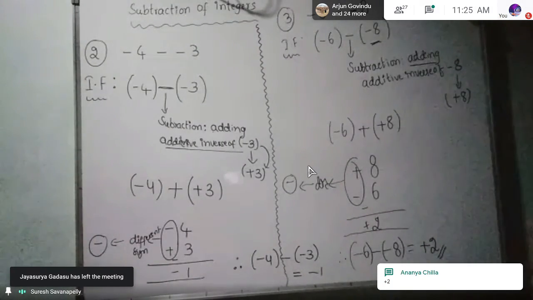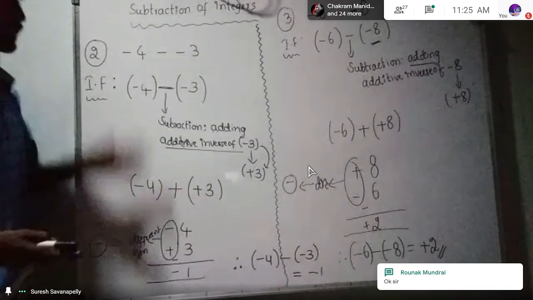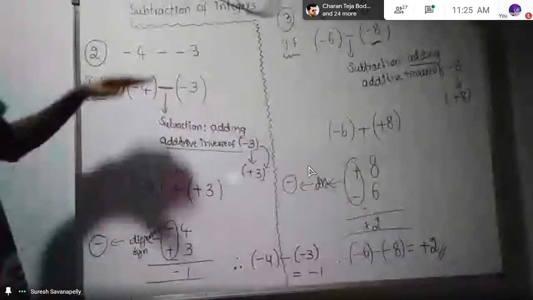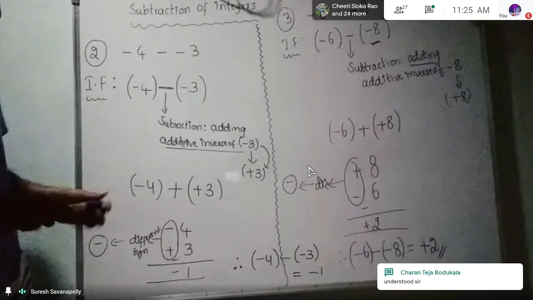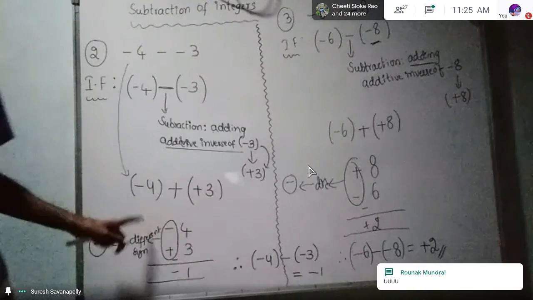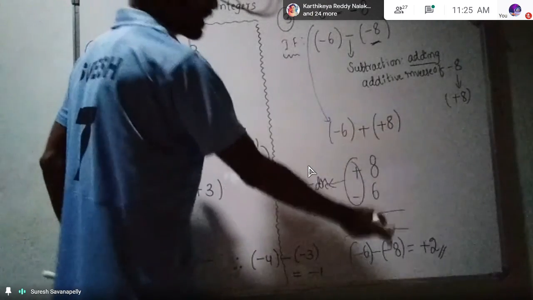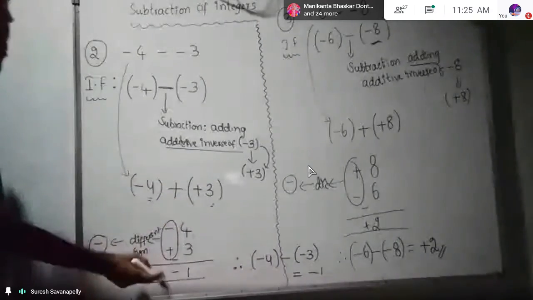Okay. So this answer is what? Plus 2. Here we got a minus answer. So see, you can't say here whether the answer is positive or negative. It depends on the bigger number. Whenever you come to this step, you can say: here negatives are more, positives are less, therefore the answer is positive. Now here, negatives are more or positives are more? Negatives are more. Therefore the result is negative.